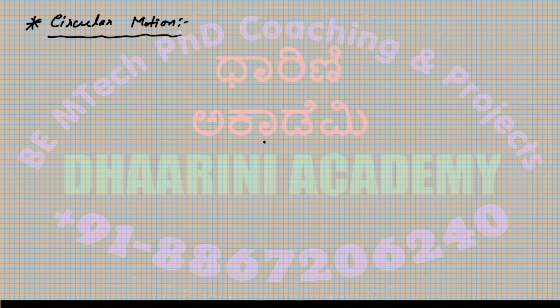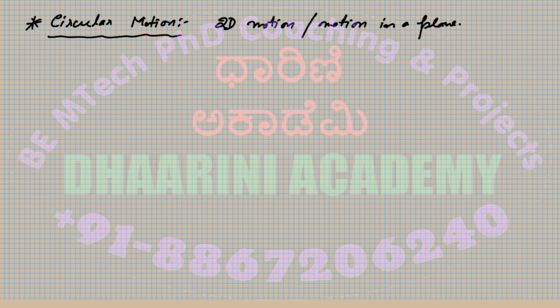So circular motion is the motion of an object in two dimensions, and the motion is on a plane. So this is basically a type of two dimension. So I can write it's a 2D motion, or I can also write the motion in a plane structure, right? The plane may be horizontal, inclined, vertical, doesn't matter what is the orientation, but the object moves on the surface of a plane and in a circular path,